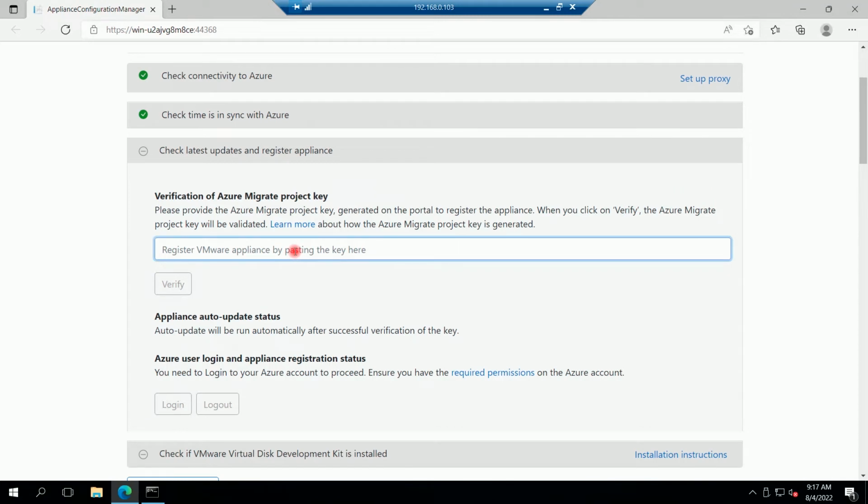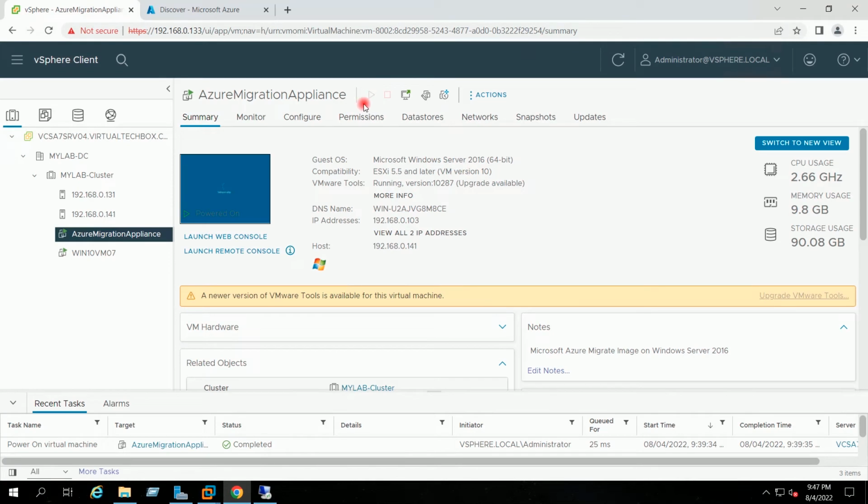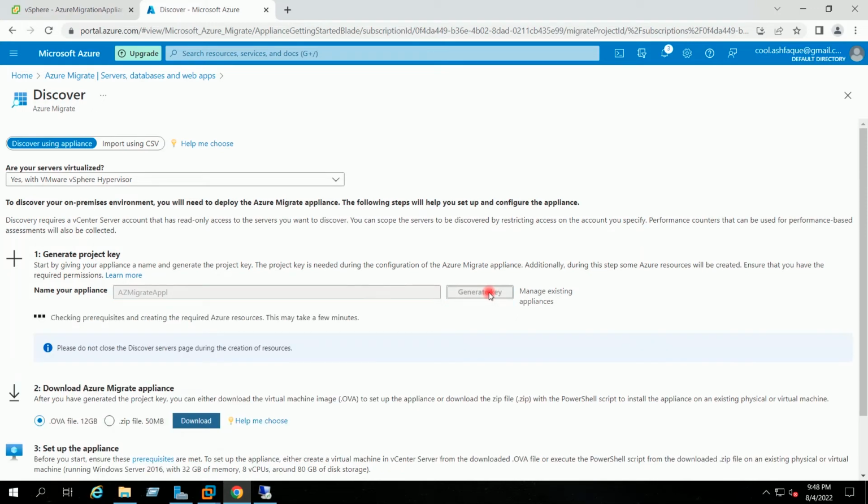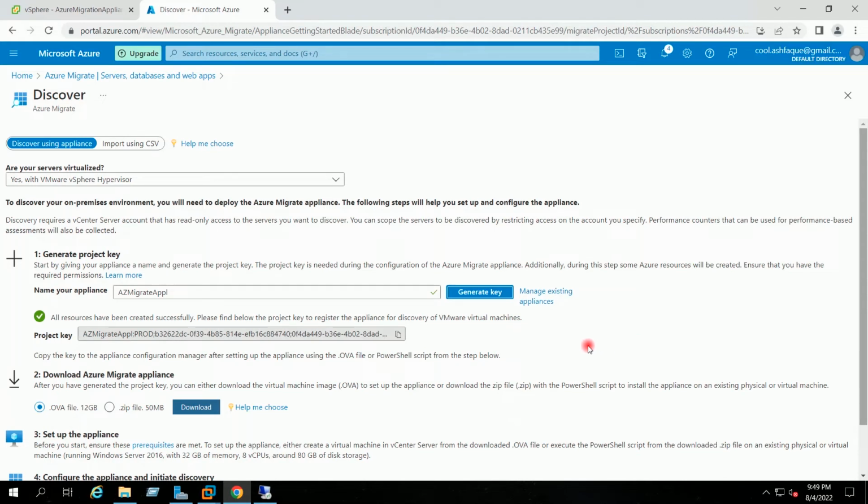Here we have to provide the key. For that I will go to the Azure portal and I will give here the appliance name. I will click on generate key. Key has been generated.